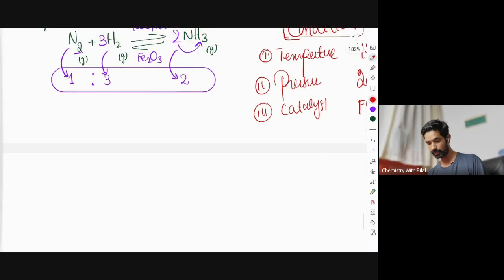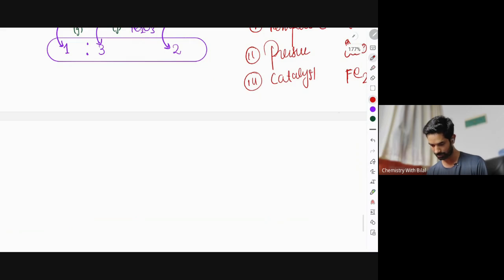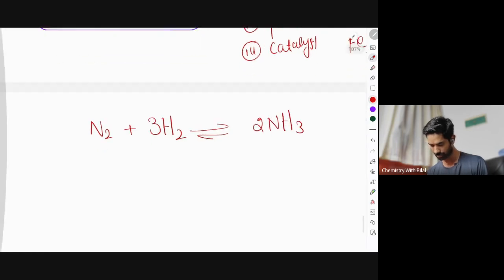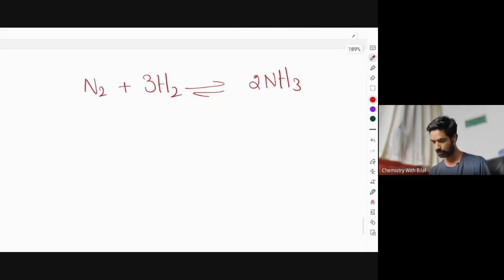Now, where does the equilibrium involve? I mean, how can you maximize the product? Let me write the equation again. Nitrogen, hydrogen, and ammonia. System is at equilibrium. It's a closed system. As long as the system is closed, forward and backward are equal. So the question is,